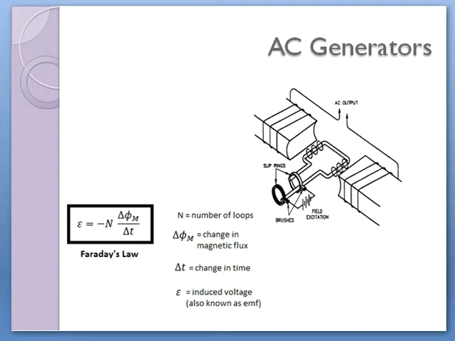Now, through this demonstration, we can see that there is a winding. This winding is the field winding. When it is rotating, a voltage is developed across the terminals of the stator winding. So, the EMF that is induced here is equal to minus N d phi by dt. N is the number of turns, and the minus sign is because of Lenz's law, which says that the cause and effect are opposite to each other.